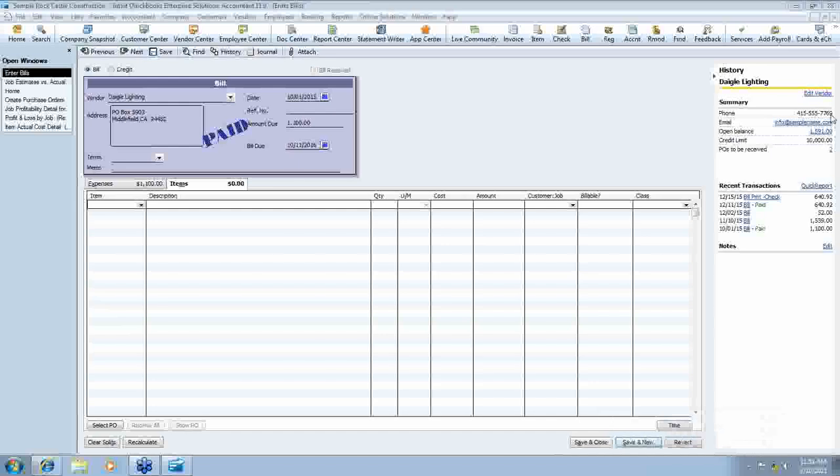It's one of those things that once you get used to it and start making the decision as to which is the right one for you,